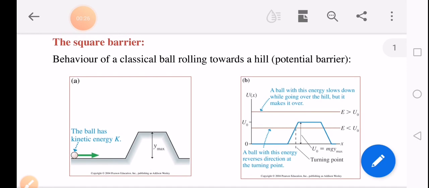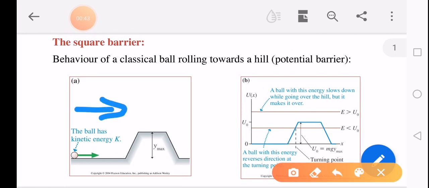a particle which is approaching a potential barrier or potential hill. It is not about a well, it is about a hill. A potential hill is there and a particle is approaching that hill. You can see in this figure that this is the particle, it is moving in this direction, and when it moves in this direction it will see a potential hill here. So if the energy of the particle is not enough to move over this potential hill, it cannot go beyond